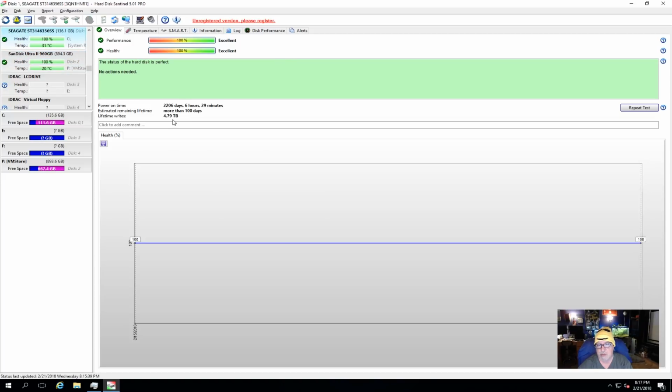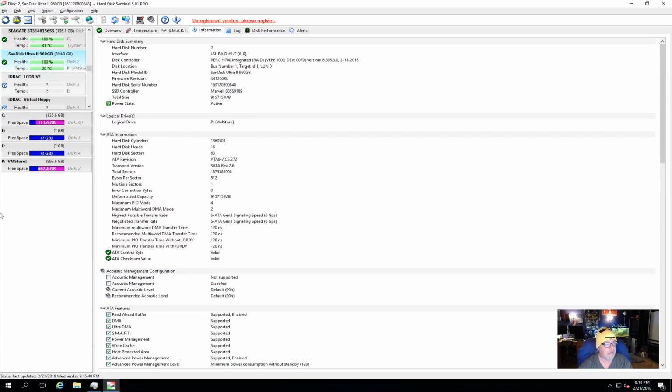Now, on my spinning drives, you can see these drives have been up 20... This one has been up 2,206 days. It's got more than 100 days of estimated remaining lifetime, and it's had 4.79 terabytes written to it over the course of its lifetime. And then if we come here to information, a lot of people were concerned that Dell